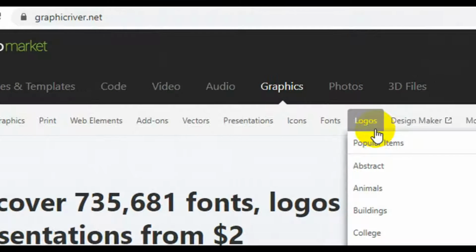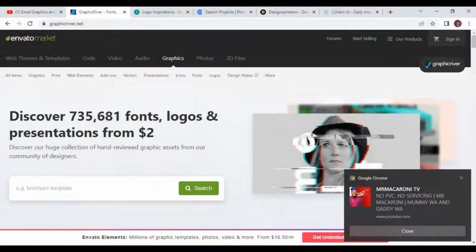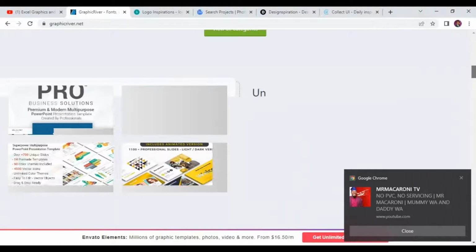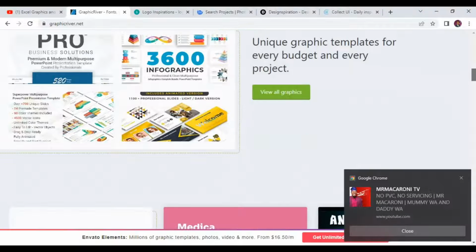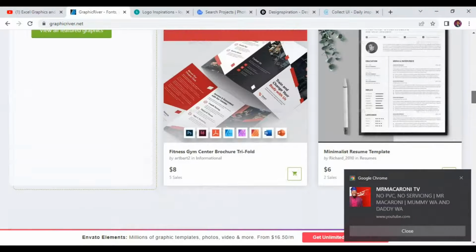logos. Now for you to get an idea from this particular site for your next graphics, you can scroll down and see some of the latest files that were uploaded on this site. These are templates for graphic design. If I click on any one of them, you'll be able to see the full file of this particular